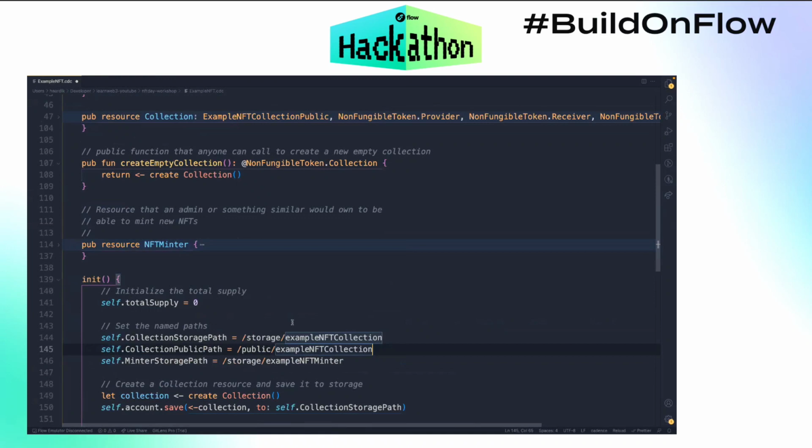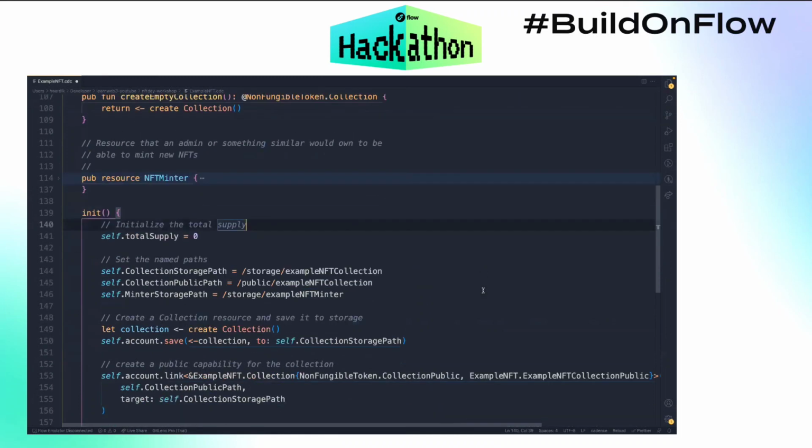Does that make sense? I know this is a lot, and it's okay to be confused at this point. This was very confusing to me the first time I took a look at it. So if you have any questions, ask questions, I will answer them. But